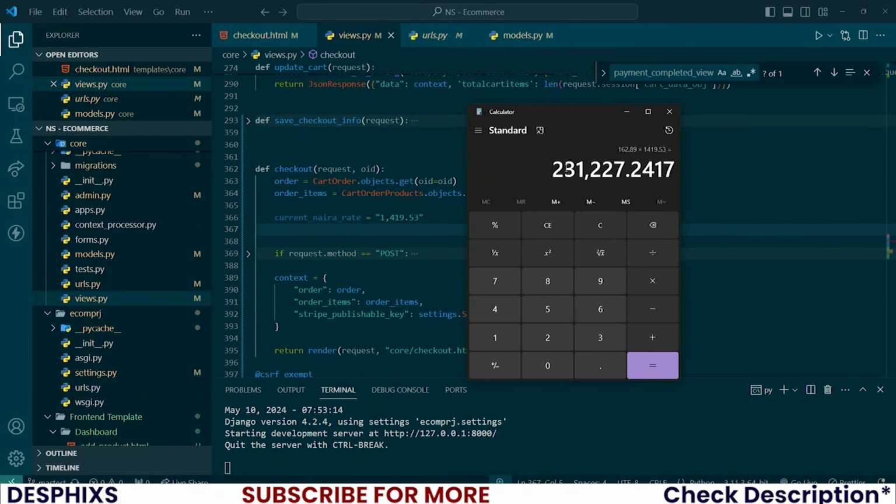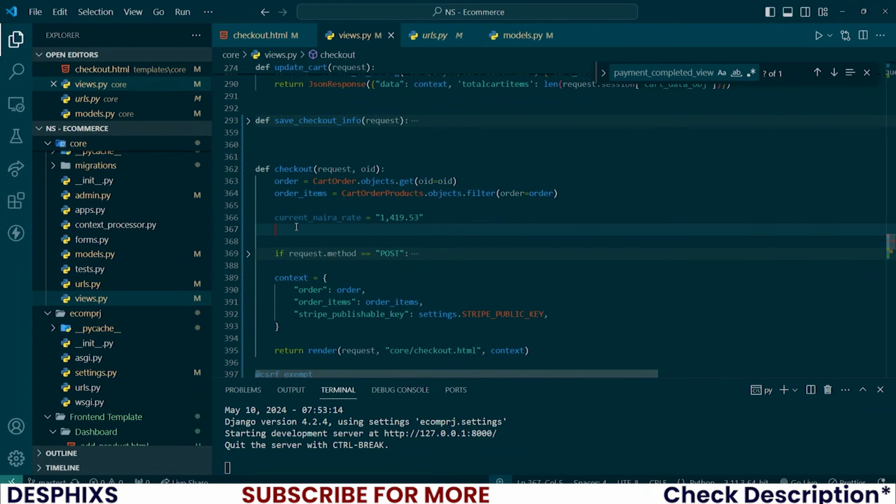We will round this up, okay? So this is the current rate. This is the current amount. Now you need to times whatever this is by 1,000 and send it over to Paystack. So how do we do that? So what we need to do is,